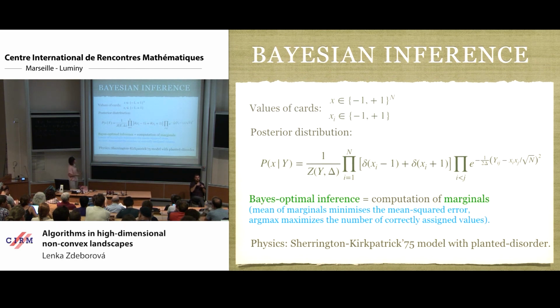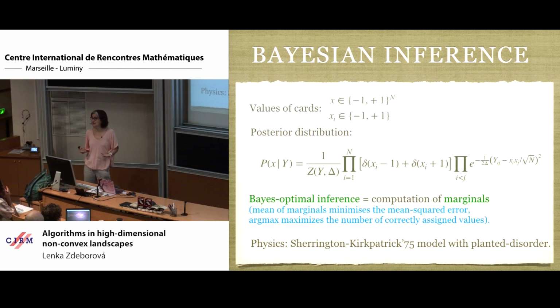And now the optimal way to solve this problem, in the sense that it really maximizes the number of correctly assigned people, is that we need to compute the marginals of this probability distribution, meaning that we need to sum over everybody else except, say, Luigi, to compute which card Luigi has. And that's a sum over exponentially many terms. So this is a perfectly valid optimal way to solve this problem, but since it involves an exponentially costly sum, it's computationally costly in the worst case. So that's the drawback of this method.